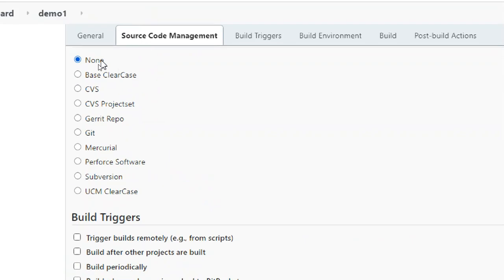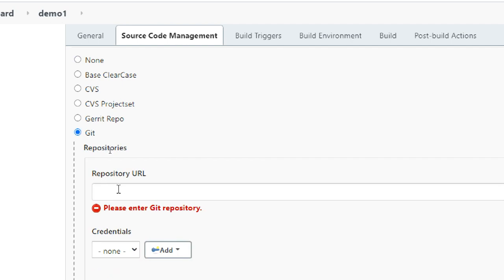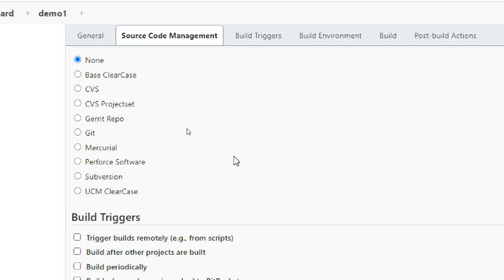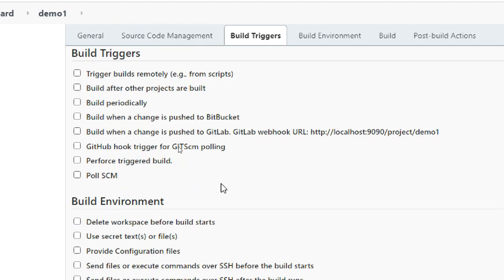In source code: none, CVS, Gerrit, Git, Mercurial, Perforce, Subversion, and so on. These are the different types of source code providers. Like if your source code is in Git, you can select Git and give the URL for that one. That's it. Currently, I'm not using Git. Next project, I will use Git only.